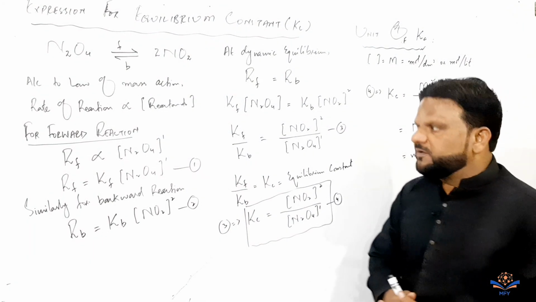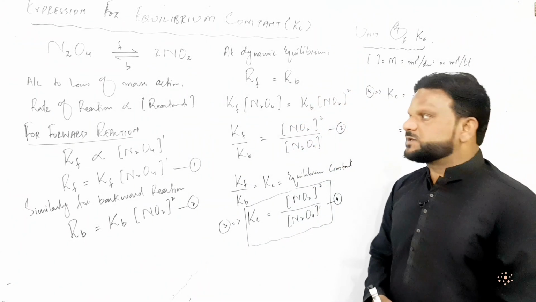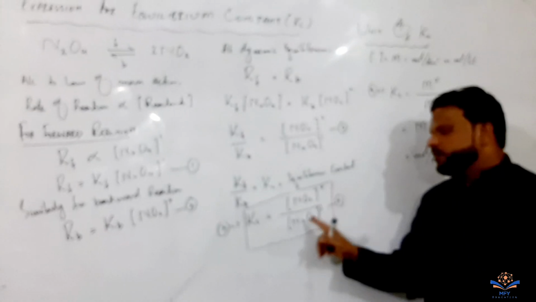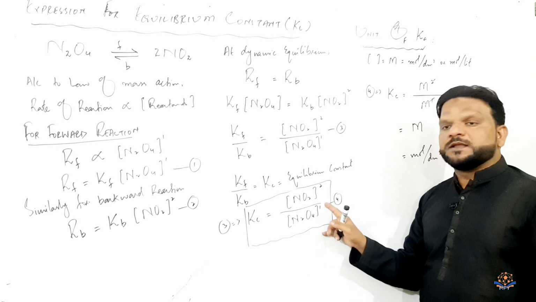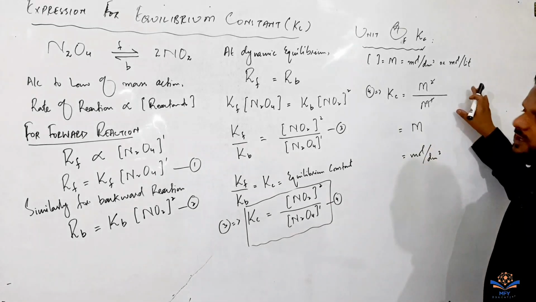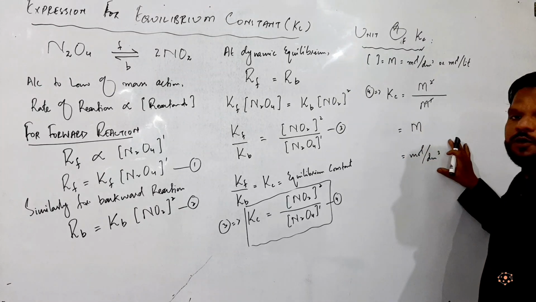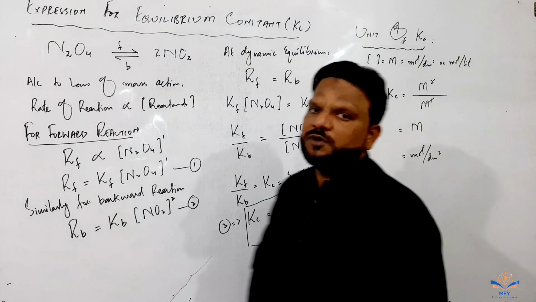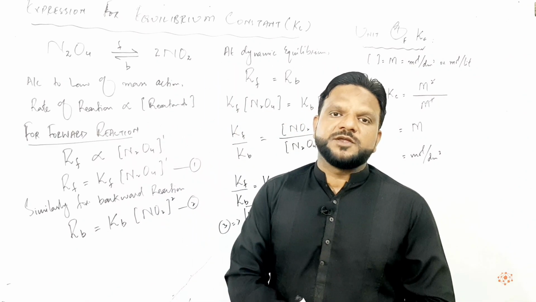It means that here we have derived the expression for the decomposition of dinitrogen tetraoxide, which is Kc, the ratio between active mass of NO2 power 2 to the active mass of reactant, that is dinitrogen tetraoxide power 1. And we have interpreted the unit of Kc for above chemical reaction, and it will become moles per dm cube. Hope you have easily understood the derivation or expression for Kc and interpretation of the unit of Kc.